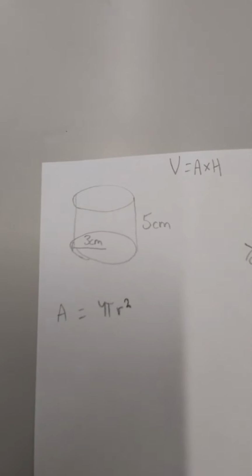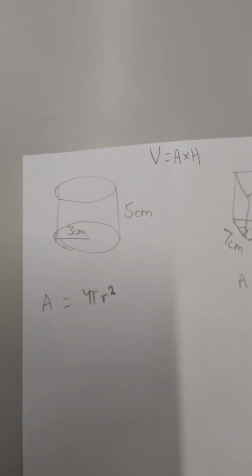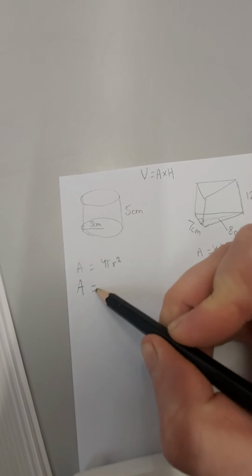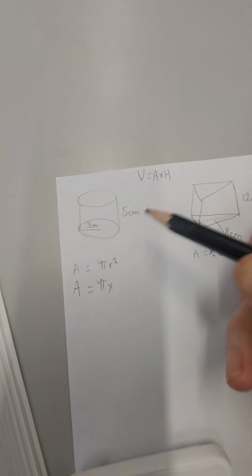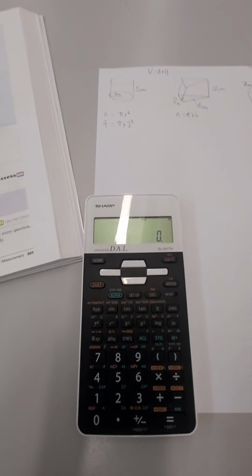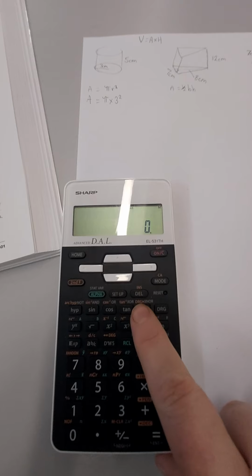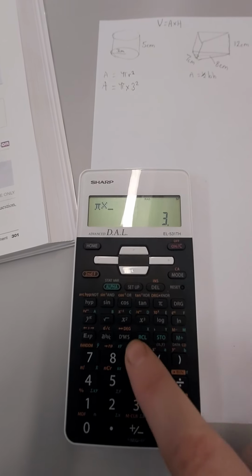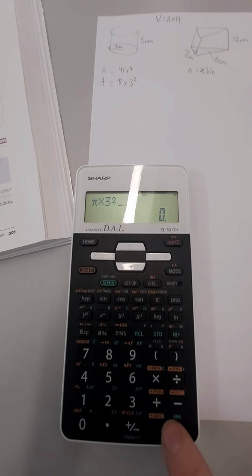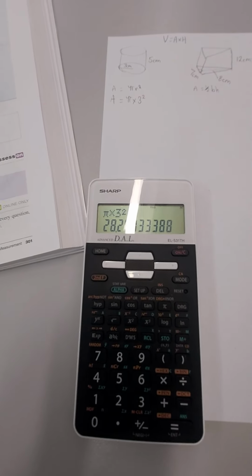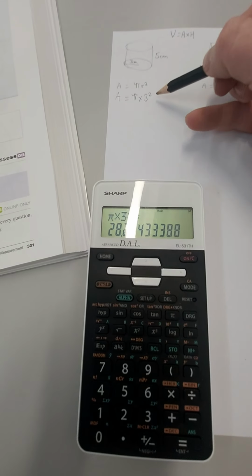Look at these diagrams. Wowzers. So the area of a circle is pi times the radius squared. So let's put that in. Pi times our radius is 3 squared. And let's pop that into our calculator. So pi on this calculator is this one up here. Pi times 3 and the squared button here equals 28.27. All right. Now we've got our area,